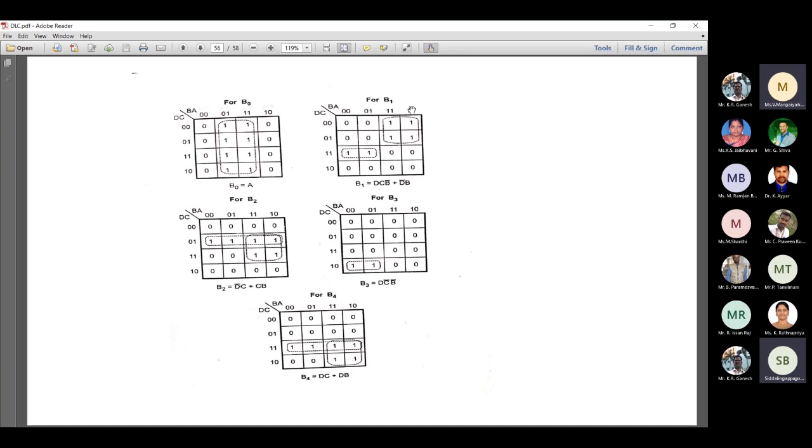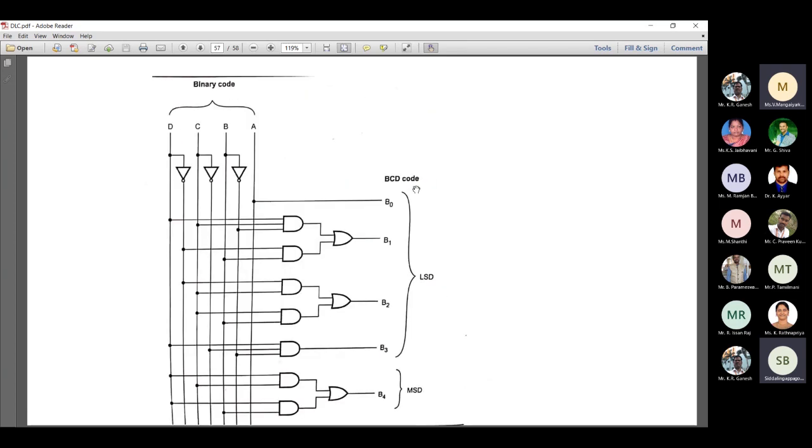So here you see 1, 1, it belongs to B, right? So 1, 1, B. Then row wise also you should check, as well as column wise. Here it belongs to D. So that is 0, it is common, D bar B. Like this you should write it, and once you write the expression for all these columns, then using those expressions you should write a logical circuit. So this circuit we call a comparator, or sorry, a BCD logical circuit.